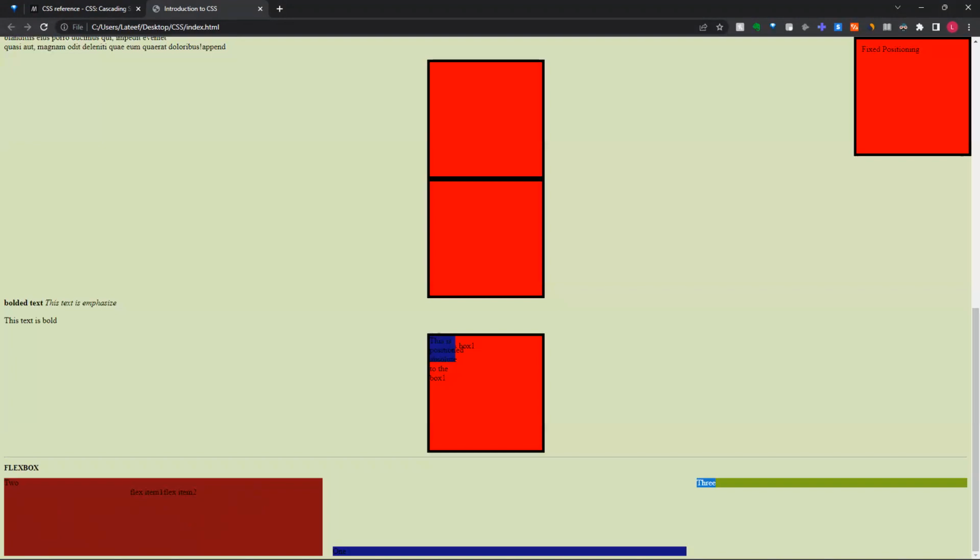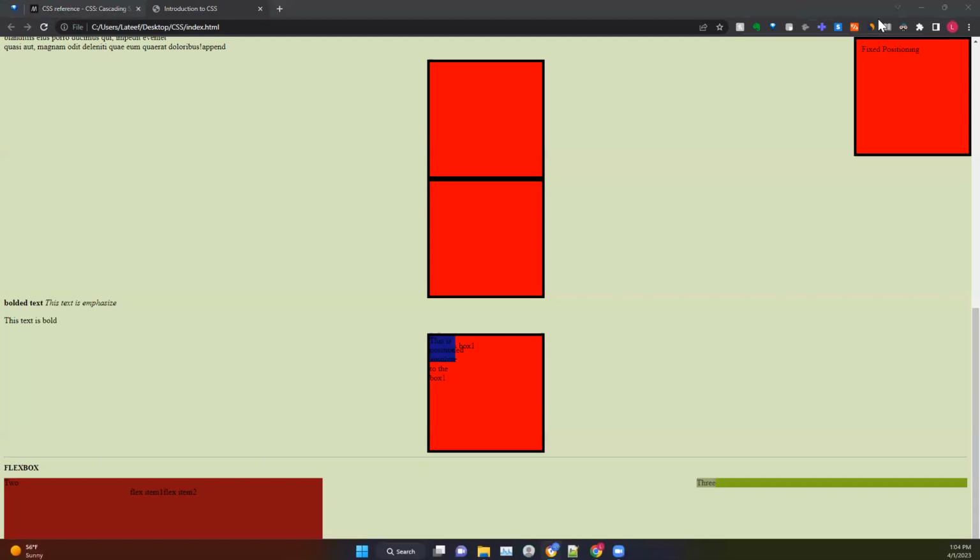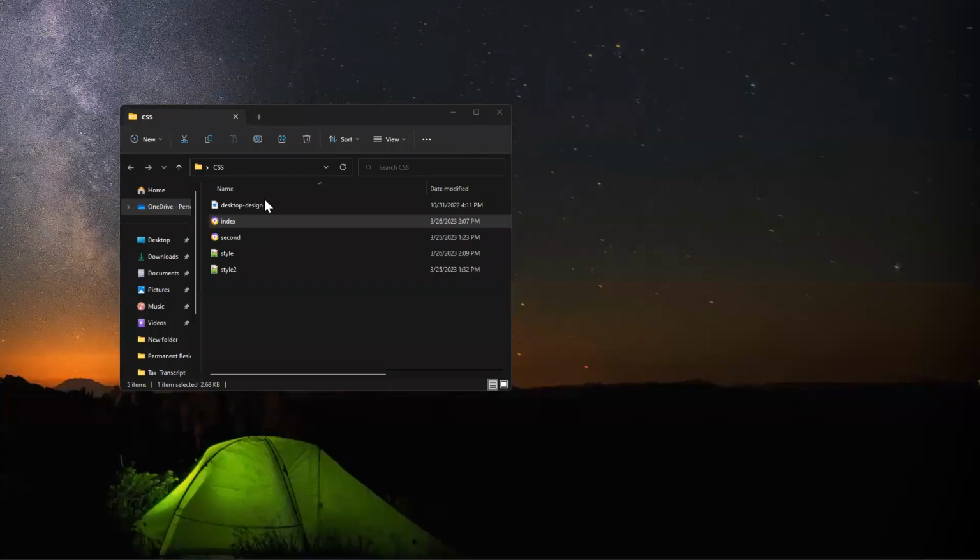So apart from Flexbox, we also have another kind of layout that we can use, and that is called grid. So unlike Flexbox, grid is two-dimensional, while Flexbox is just one-dimensional. So let me open this class in, oh,